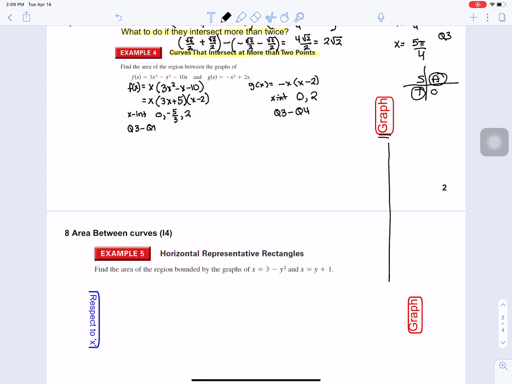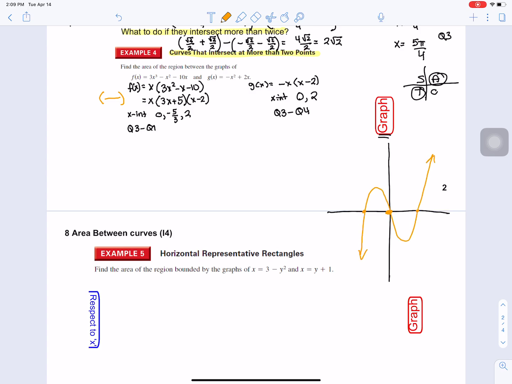I'm going to go ahead and draw the graph on this side here. So f of x is going to intersect at 0. Okay, so I'm going to do f of x in orange. It's going to intersect at negative 5/3, which I'm going to throw right there. And it's going to intersect at positive 2. I know it's going to do quadrant 3 to 1 behavior. So I'm just going to kind of throw in what I think it's going to look like and just sketch